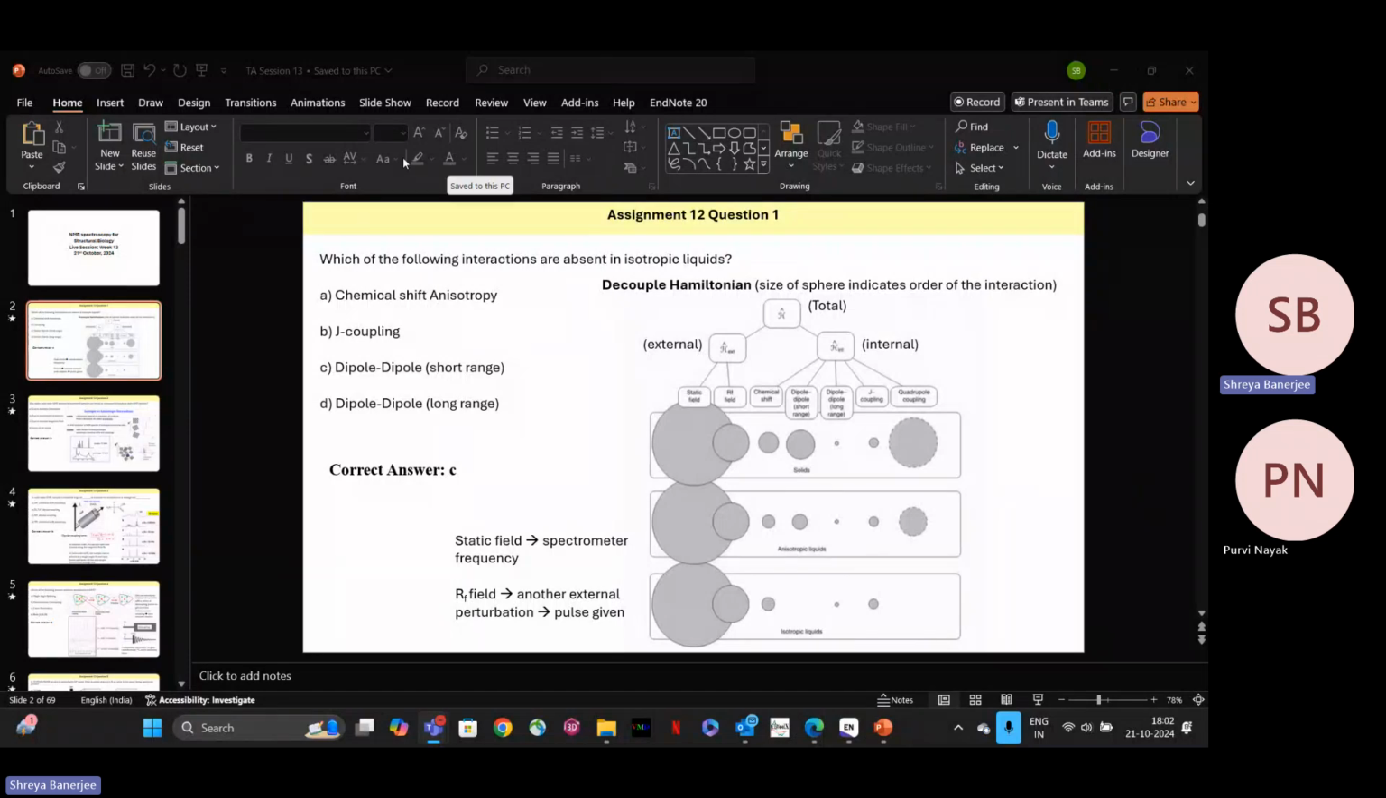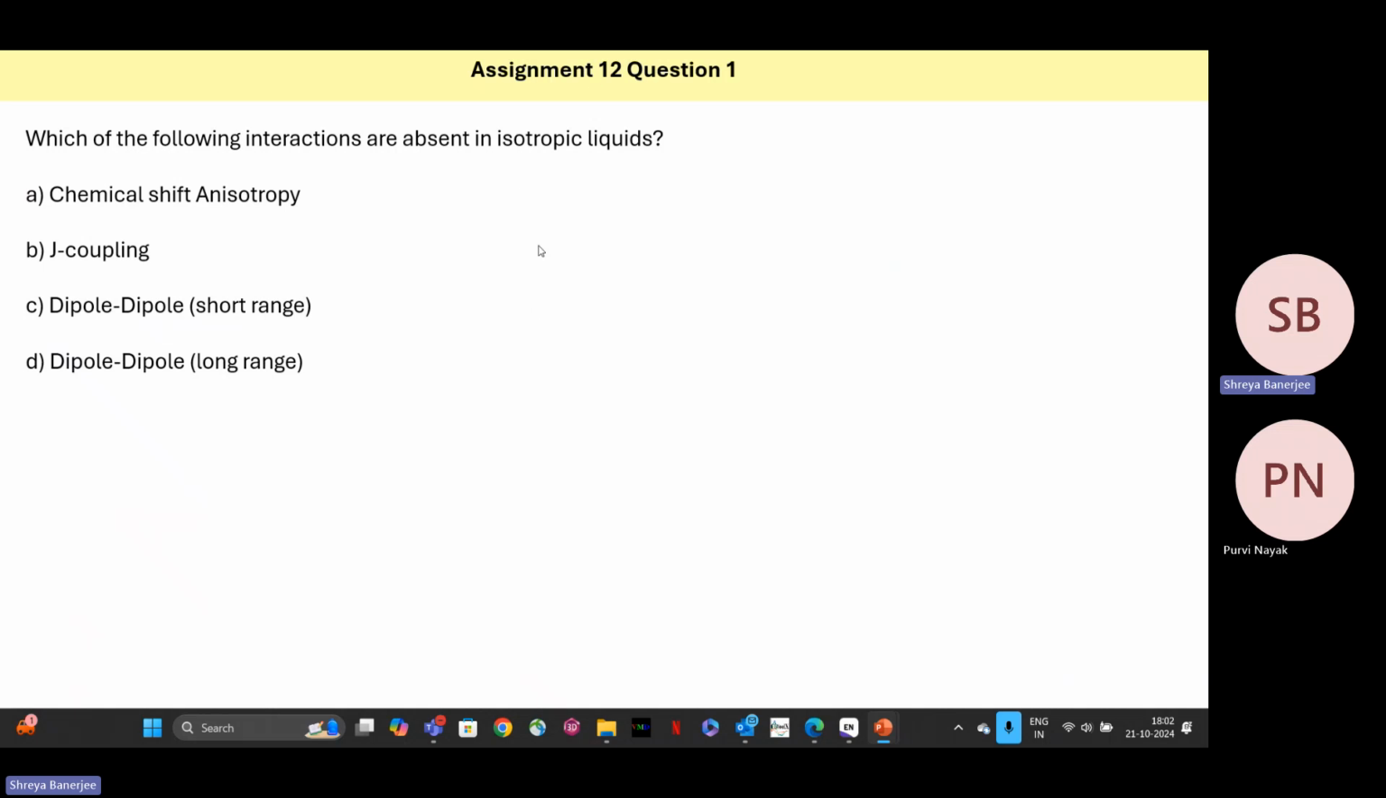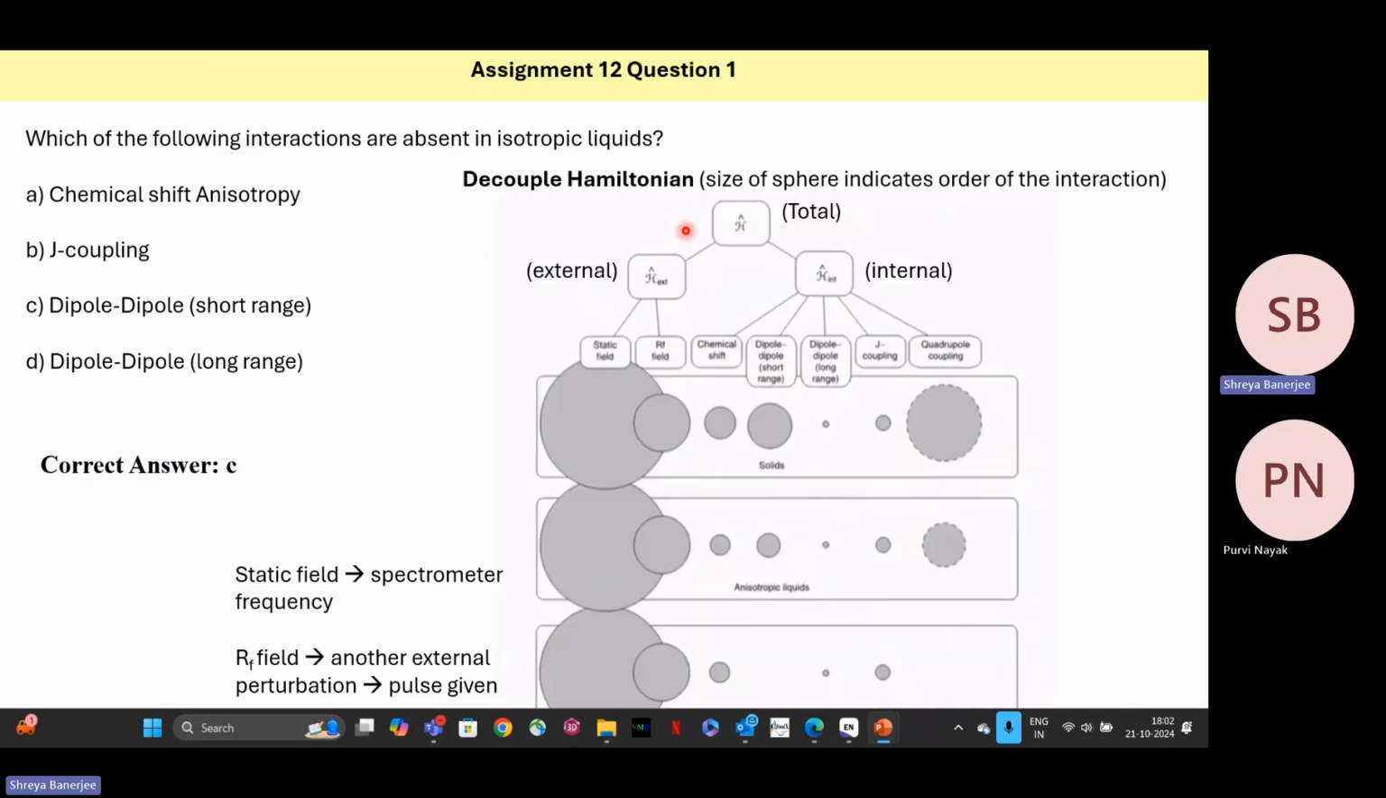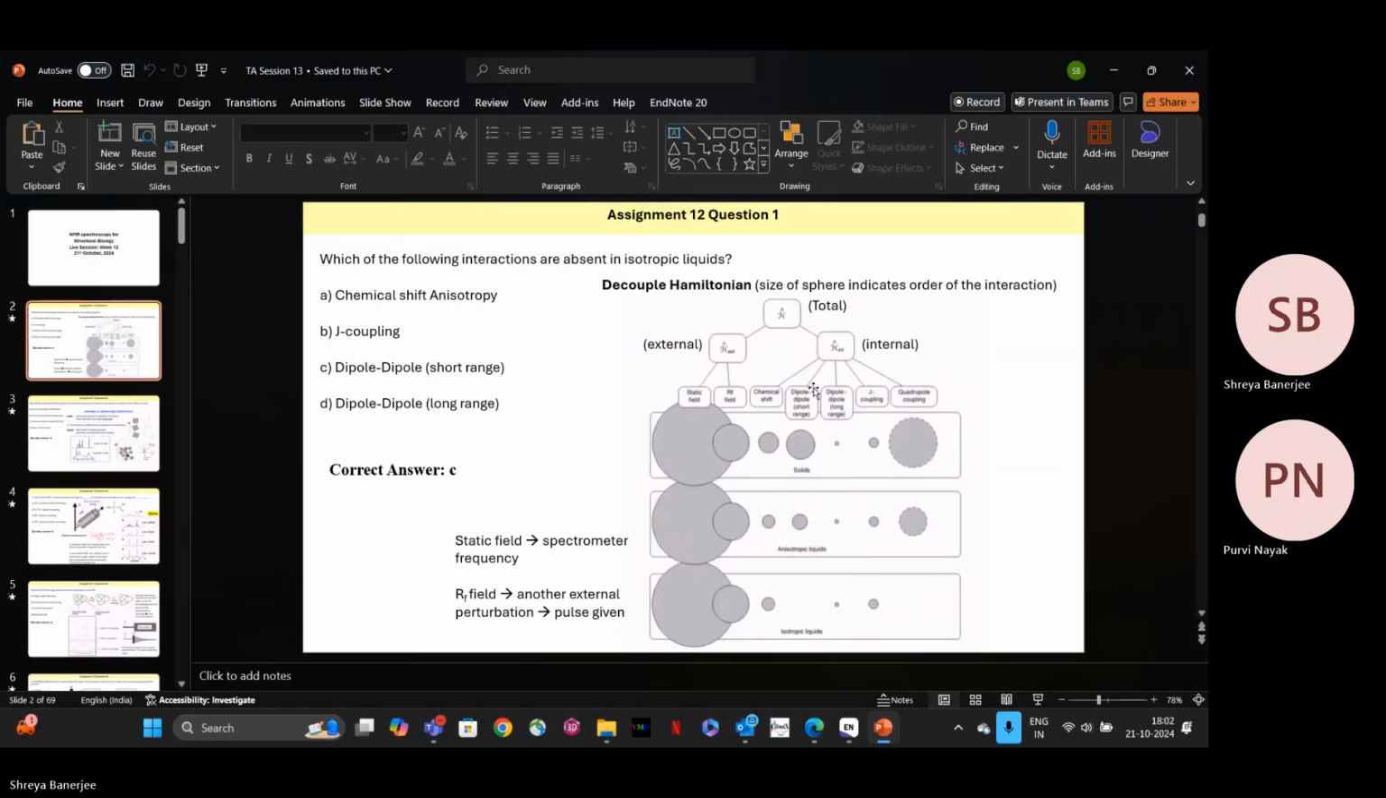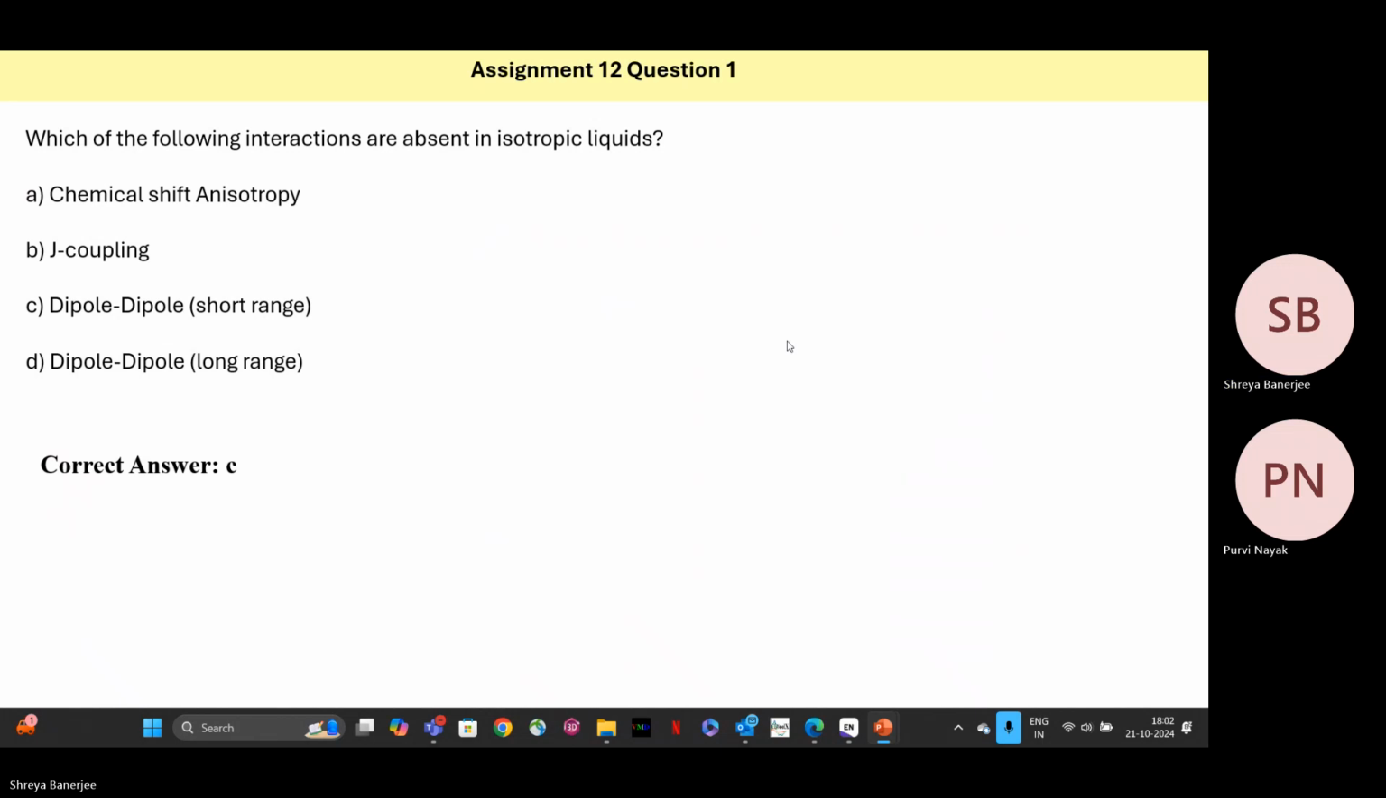Right. So as I said, this is mostly a problem solving session. So I'll be solving the problems of assignment 12 first, and then we'll go through some practice problems. So this was the first question of assignment 12, where it was asking which of the following interactions are absent in isotropic liquids. So if you remember the decoupling of the Hamiltonian,